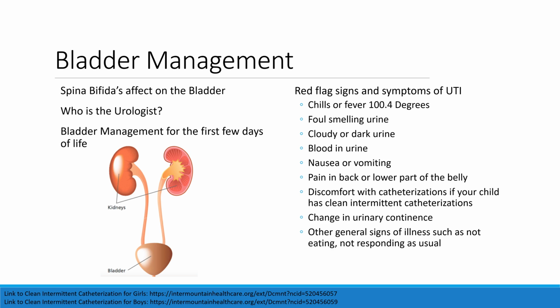Most infants do not need to be catheterized when discharged from the hospital. As your child grows into a preschooler, we will begin to address the concepts of social dryness as necessary. Other things you will need to monitor for are the red flag signs and symptoms of a urinary tract infection